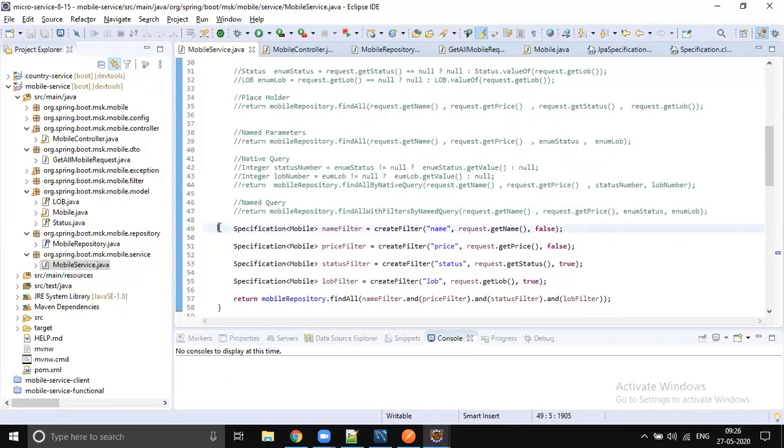Maybe tomorrow if you would like to become a full microservices developer, you should know them. At least you should know what a specification is, why we use it, and do one or two hands-on examples, then you will remember it for a long time. I cannot guarantee all these things will be used in the project; based on the requirement we use it. In my total years of experience, I never used it in real time, just for learning purposes, going through the documentation.